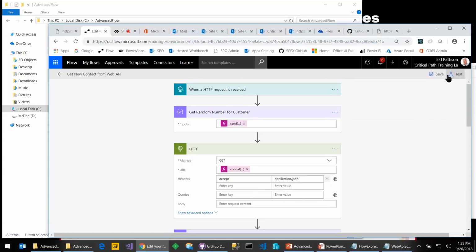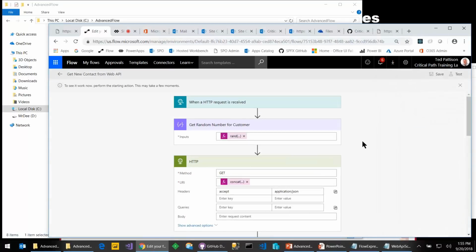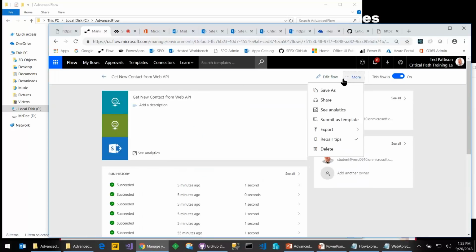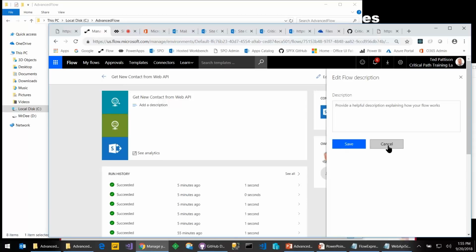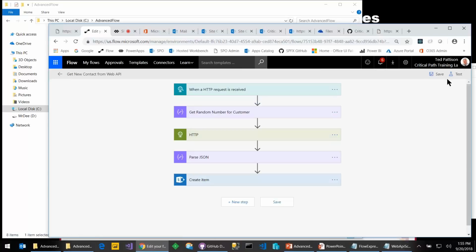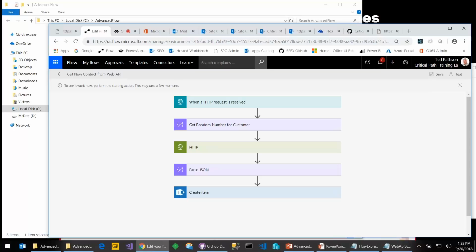Okay, so if I go ahead and test this, let's run it. What we should be able to see is that it goes out, calls the web service, and does what we need it to do. Okay. Why are you not running? Let me try it one more time. Okay, so what I need to do is take this flow and test it. And once this runs,